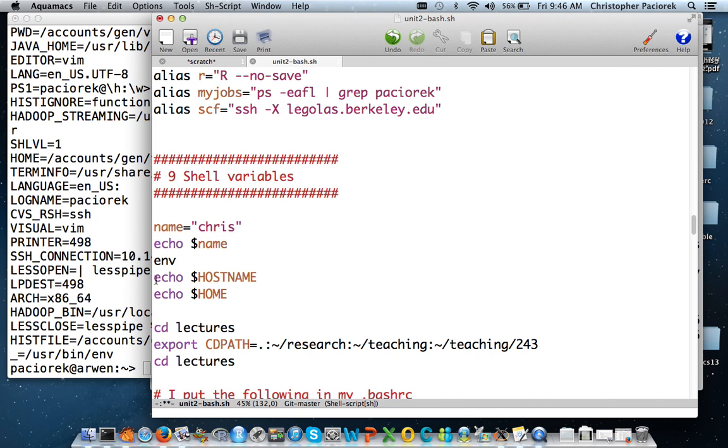And you can print out individual ones of those in the same way as I just printed out the name one. If you want to modify one of these variables and make it available to subsequent commands, you often will want to use export. So what this does is, CDPATH basically allows you, when you type cd, suppose